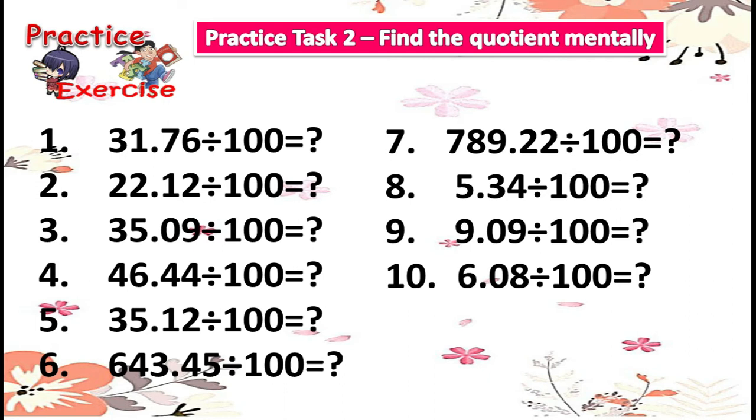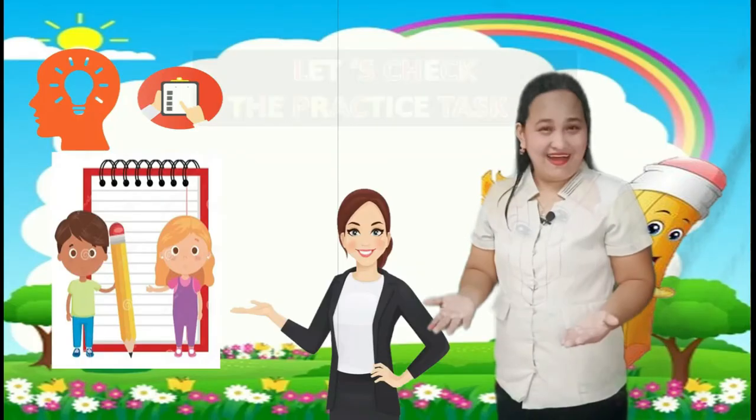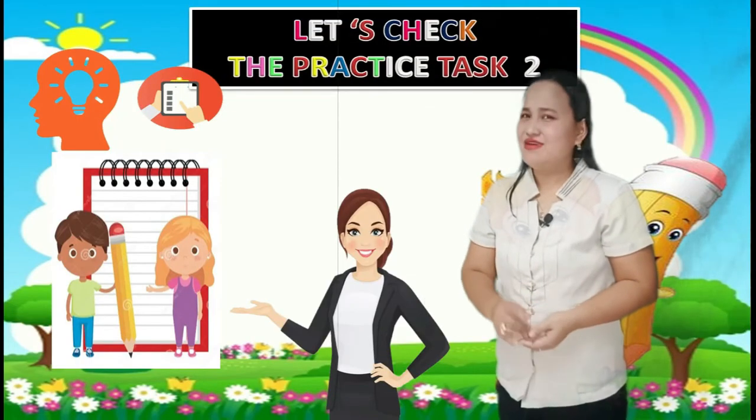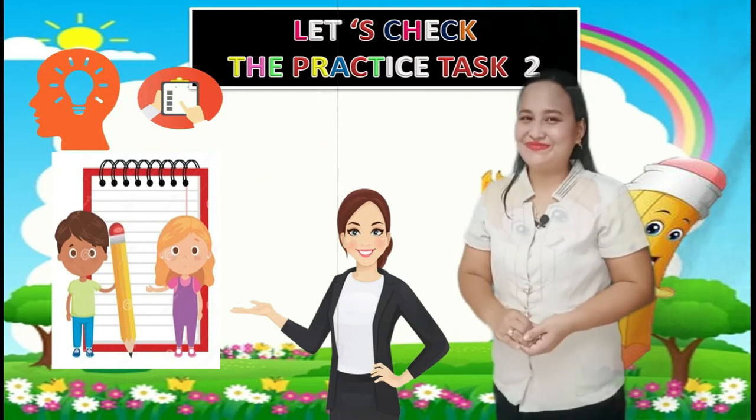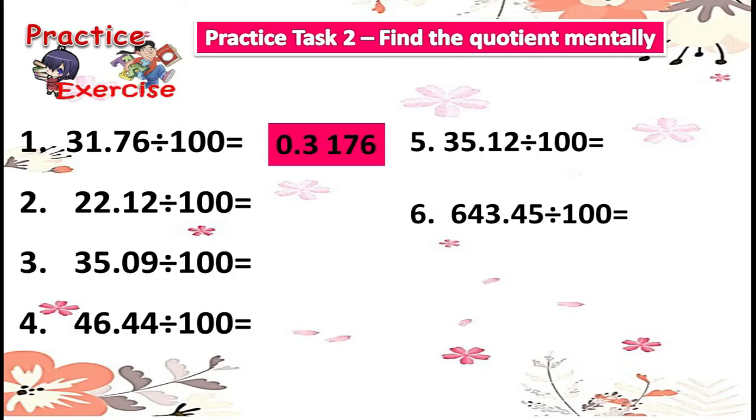And now, let us check practice task 2. How many zeros are there in 100? Yes, there are 2 zeros. It means we are going to move the decimal point 2 decimal places to the left. So, for question number 1, the answer is